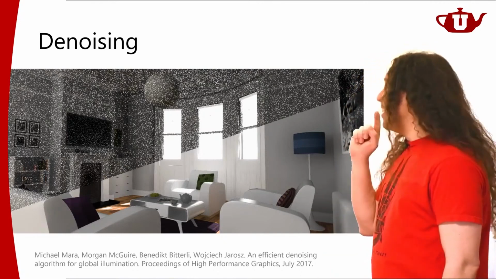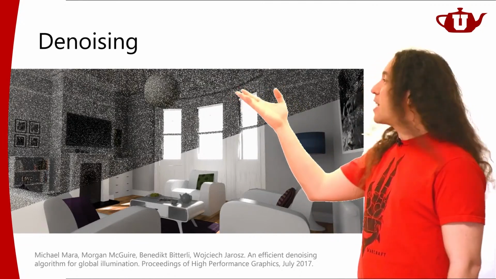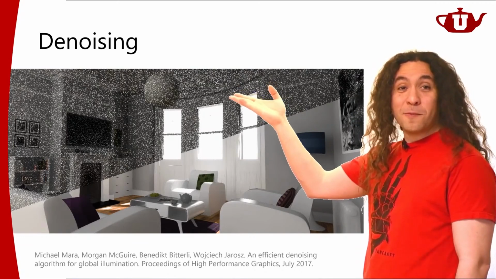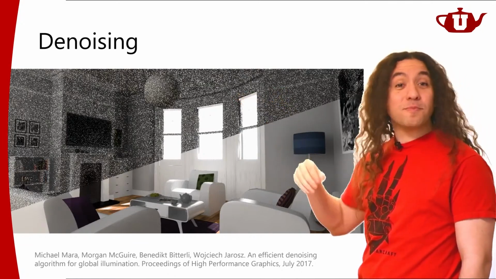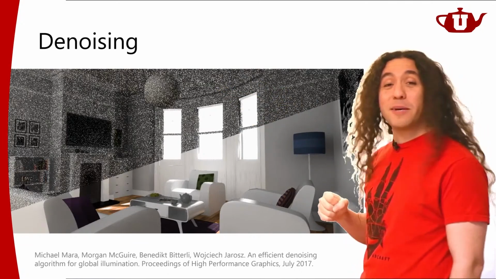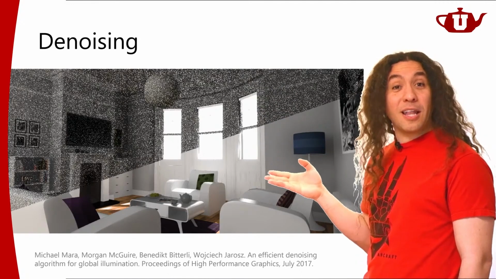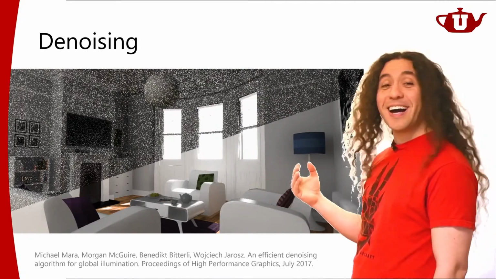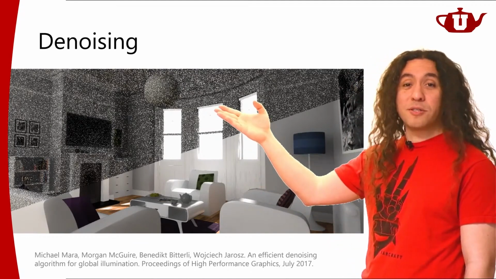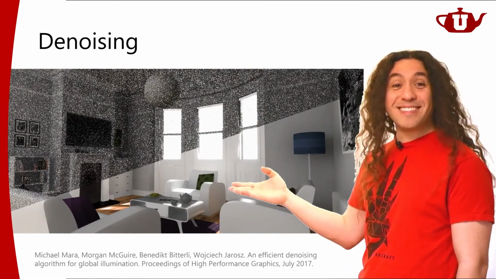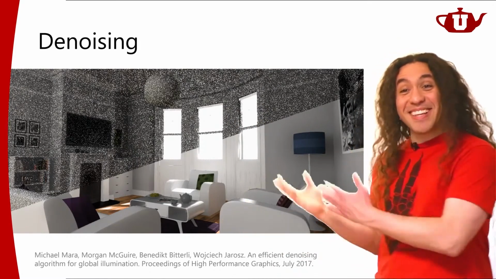Here's how this works. Denoising is the method. Basically, you give it an image that looks like the one above here, super noisy, generated by very few paths, let's say, a very noisy global illumination estimation. And then its output is going to be an image that looks like this, so smooth and nice. So what's going on here? How can I possibly take this image as input and spit out this image as output? It's like magic, right? It really is like magic.